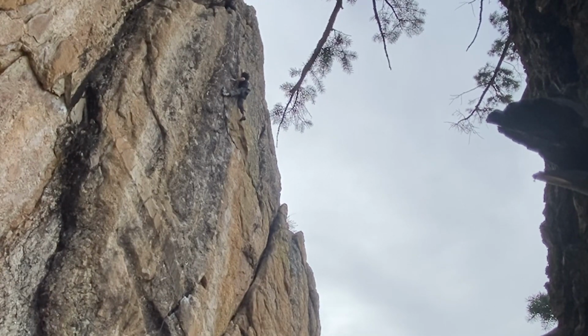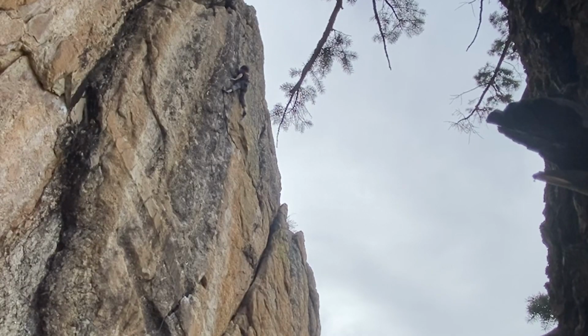fully over the bulge. Then you reach up to the worst hold on the route, which is a 3-finger, like 5 mil razor blade pinch. Get your right foot up and do a really extended move to a good 3-finger flat edge. At this point I'm at full extension between my hands and my feet. I'll clip, build right foot up really high onto this sketchy crystal that feels like it might break. Do a big move to a decent edge, build my feet a little more,